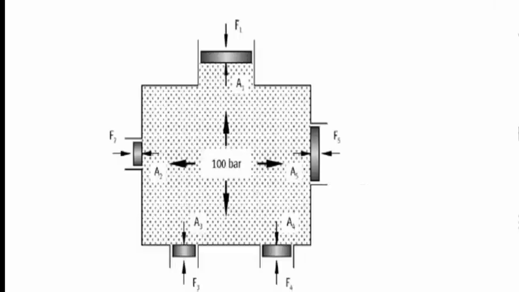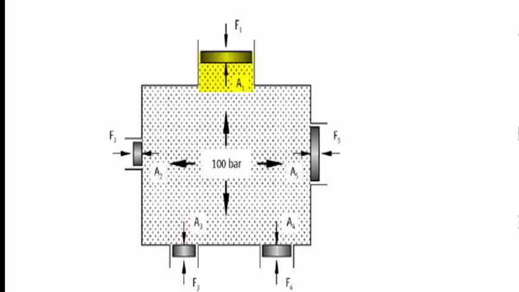Now for example, you are having piston A1, and you are having different pistons A2, A3, A4 and A5, whose sizes are completely different. Now, if you are neglecting the hydrostatic pressure, that is pressure because of the height of the liquid column, then if you are applying a force F1 on this particular piston, then F1 divided by A1 will be equal to the pressure that is generated by this particular force. So let it be 100 bar pressure. Now the same 100 bar pressure is acting on this piston, this one and this one.